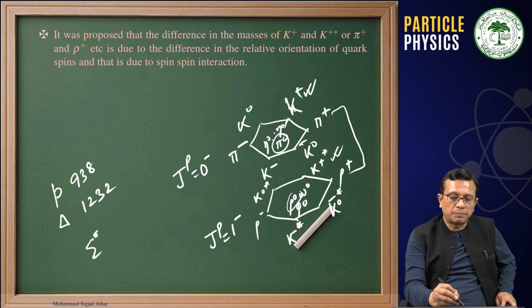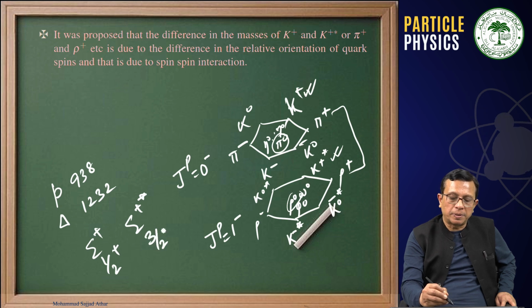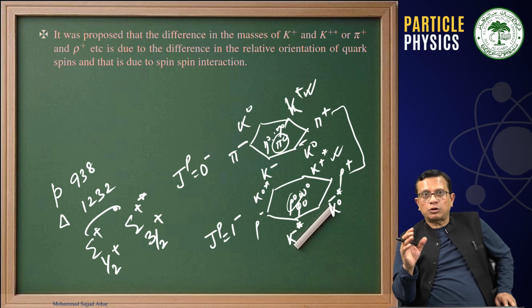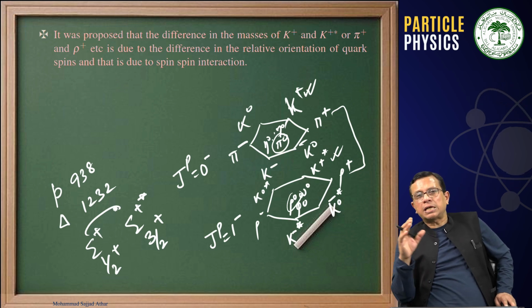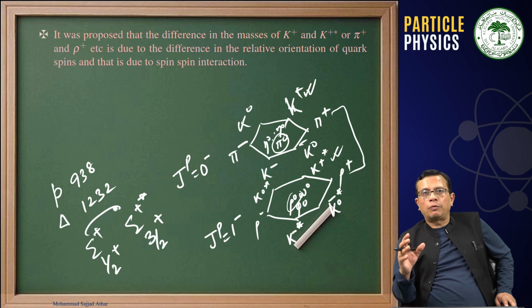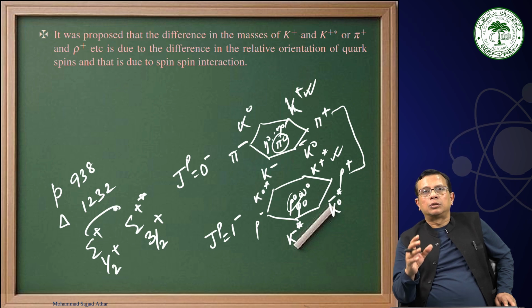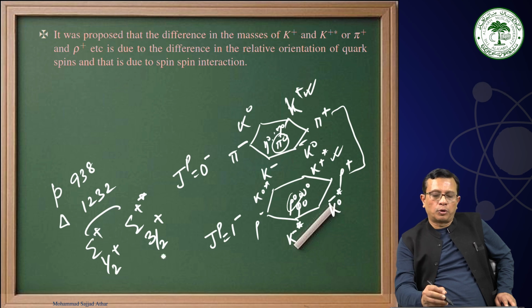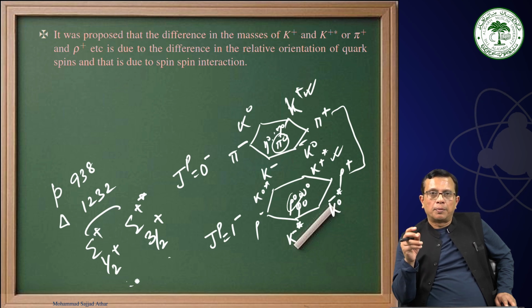Similarly, the mass of sigma plus and sigma plus star. This is a spin half particle with positive parity. This is a spin 3/2 particle with positive parity. The masses are different. Therefore, in the case of baryons as well as mesons, we find that though the quark combination for both particles is the same, the masses are different. To understand that,